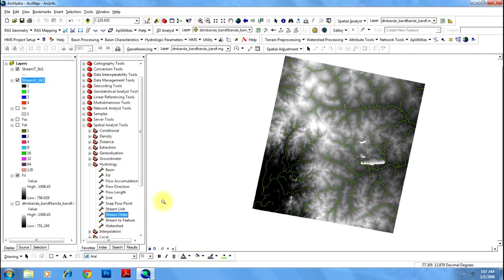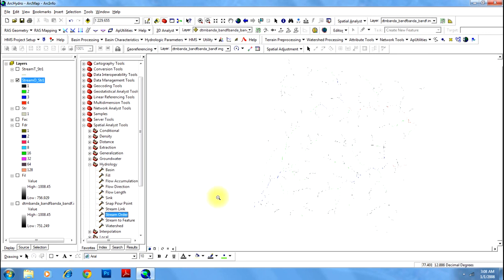Now your stream order is ready. However, you will not be able to see it very clearly because it is again in grid format. You can see here there are 4 orders: first, second, third and fourth order streams. We'll do the same process again of conversion from grid to vector to get your exact stream order shapefile.